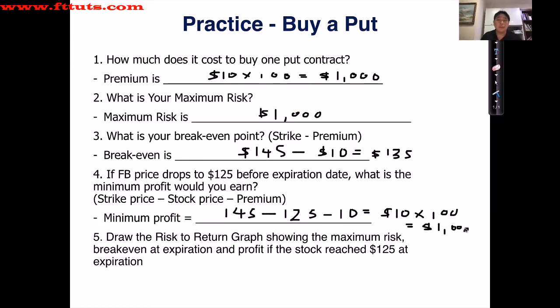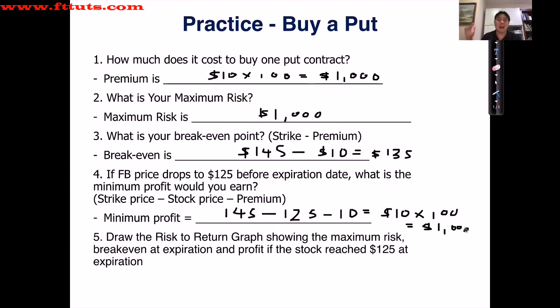So again, if you were to sell the option before expiration, you would make more than $1,000 because you would have the extrinsic value as well. But at expiration, there's no more extrinsic value. So what you're left with is the intrinsic value that is in the money, which is $1,000. So that's why we call it minimum profit, because you should make more than that by exiting the trade before expiration. Finally, draw the risk to return graph to show the maximum risk, the break-even point, and the profit if